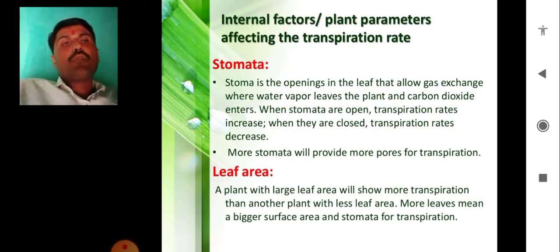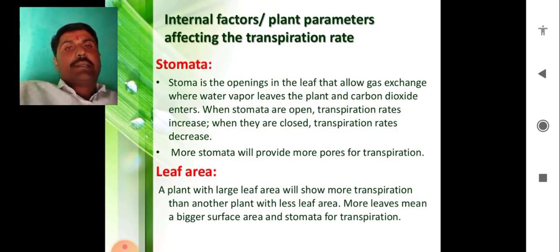Now we move towards the details regarding all these factors and parameters which affect the transpiration rate. First we focus on the internal factors. Which are the internal factors? The first is the stomata. We all are aware of the stomata. Stomata are the cells or tissue which help in opening and closing,